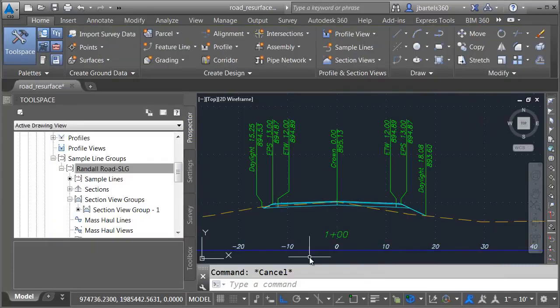So from now on, when you need to label corridor points in cross-section views, consider using the new corridor point label. By incorporating this new style, along with a little staggering, you can be certain that every corridor station and offset is readable, no matter how many points